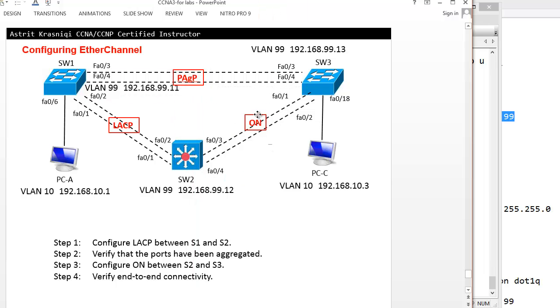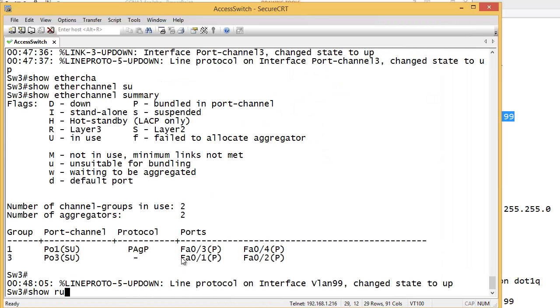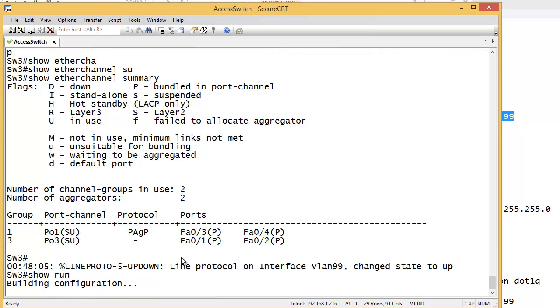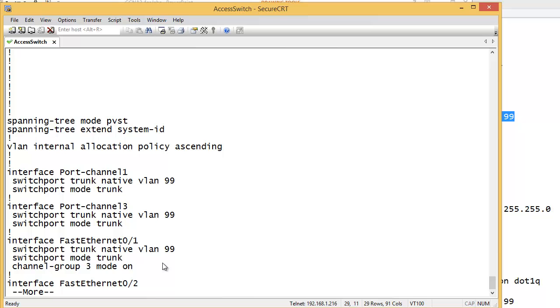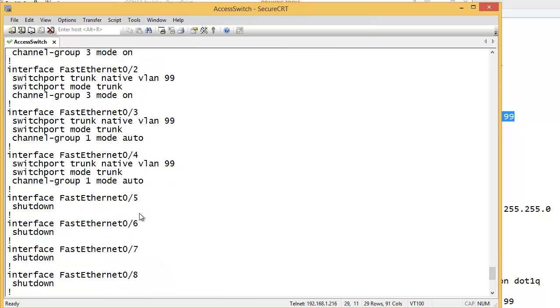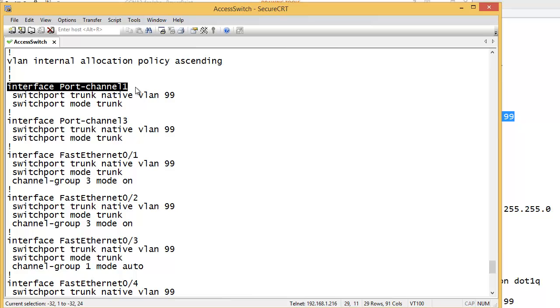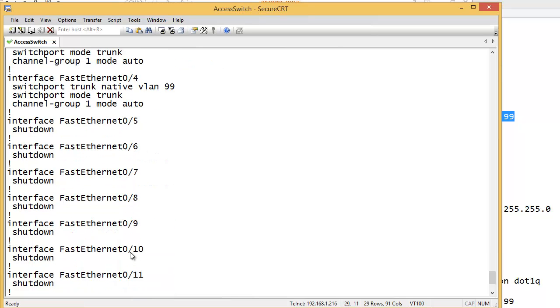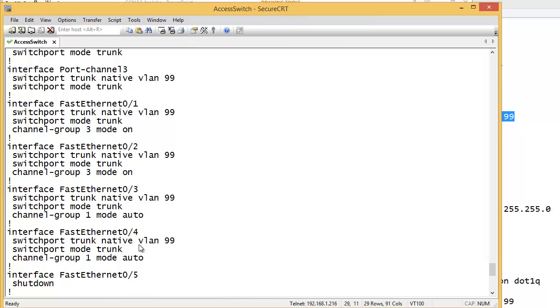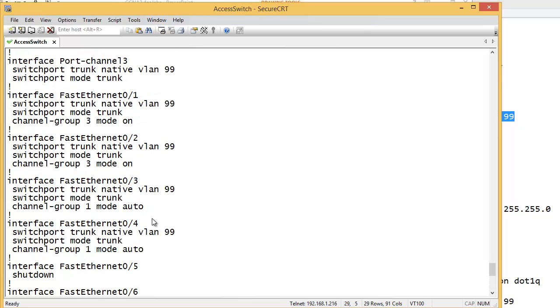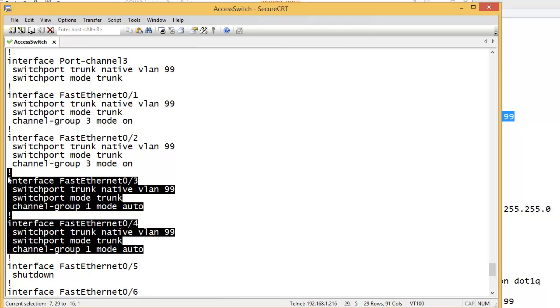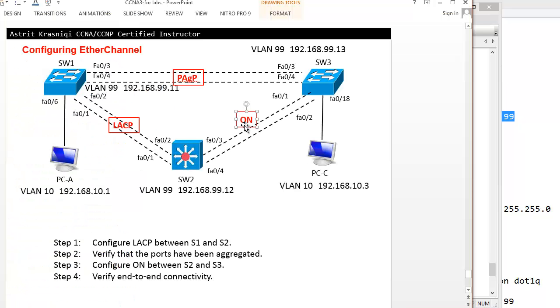Okay. Now I'm going to show a demonstration. See, if I do LACP on this side, and on this side I do PAgP, let's see what happens. Okay, so I need to first show that. You can see this interface here has been created for channel 1, right? Where I want to stop is this 3. Okay, what I want to do, leave this 3 and 4 on,